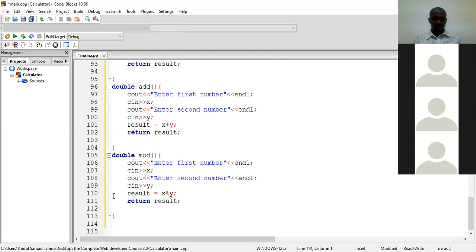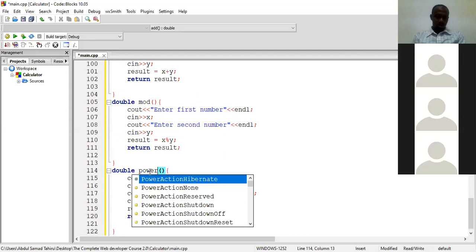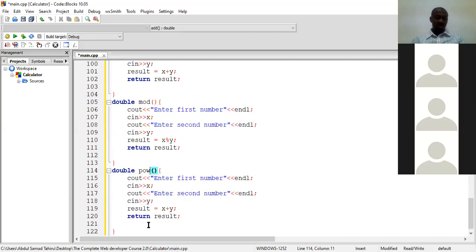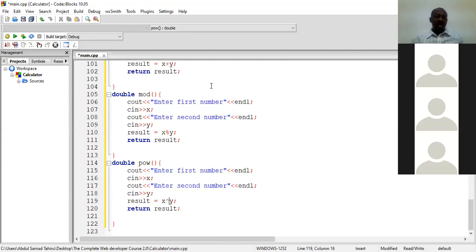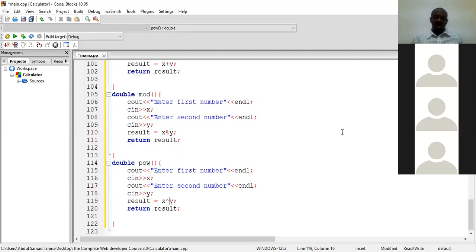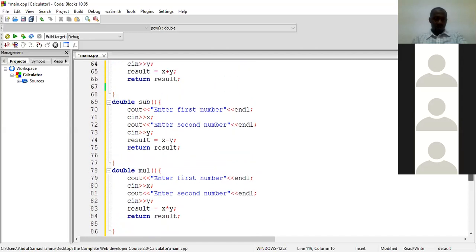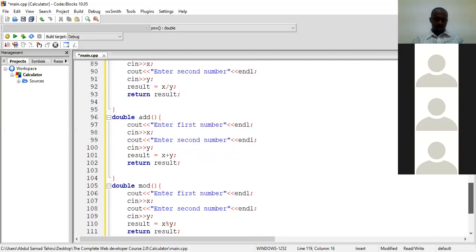Then we also have the power function. So you say pow. For the power, X power Y, you just give us the result. Now in the div, you know that division by 0 does not exist. So we have to check the condition here. We have to check for a condition. If